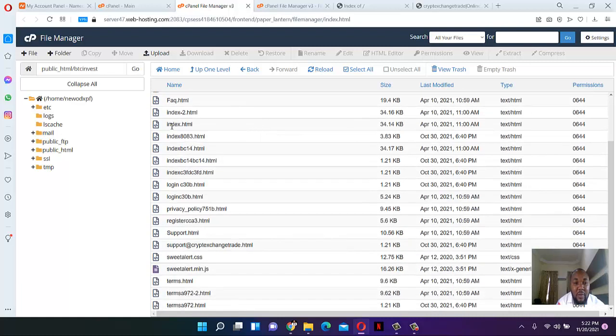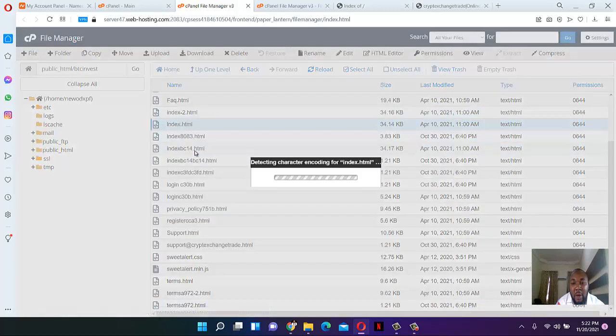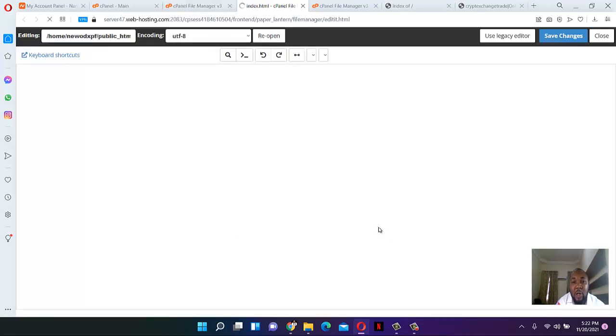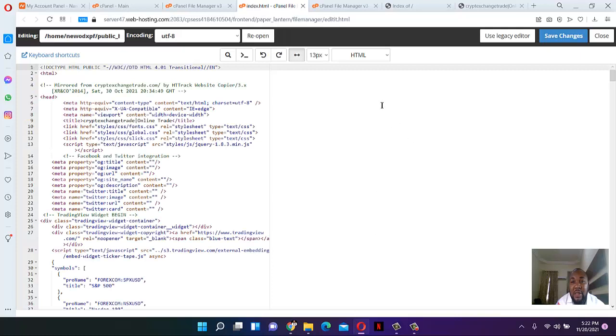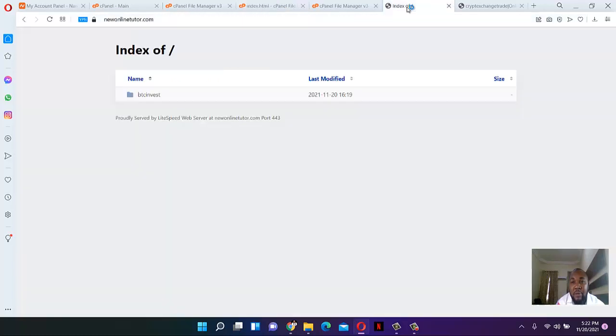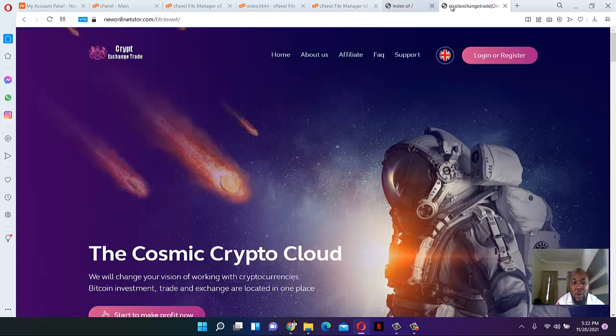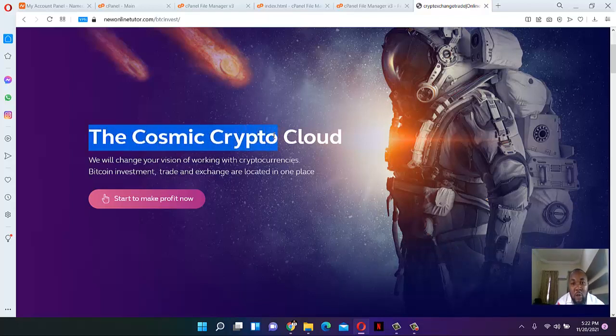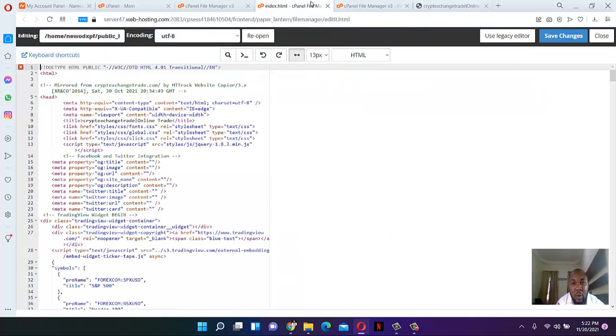Assuming we want to work on the index page, we can just look for the index page, right? Edit, and whatever it is we want to change from the index page, we can just simply come here and change it, right? So assuming I want to change this and call it something else, whatever it is I want to change, I can just come here, copy what I want to change,